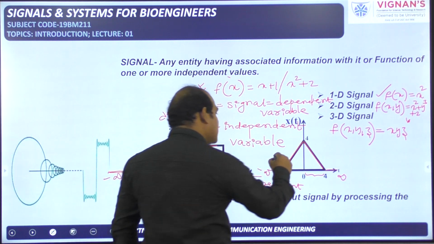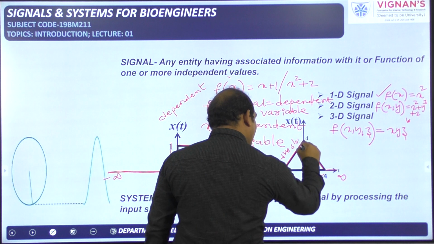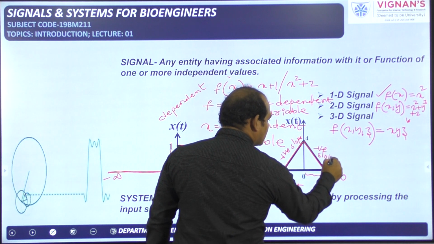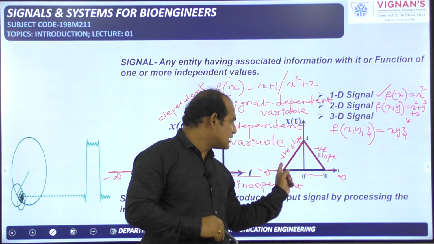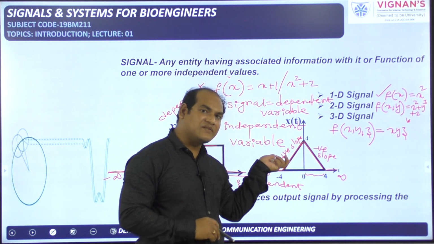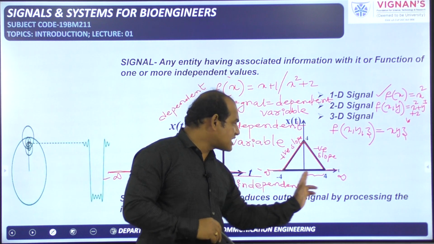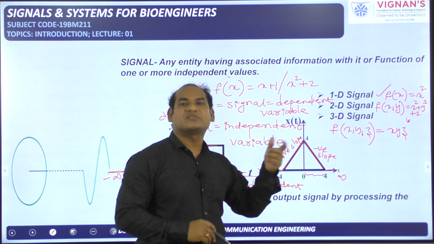So it is having positive slope, and it is having negative slope. Simple thing. When time is increasing from -4 to 0, the amplitude is increasing, that we can see from this one. So we can tell that is having the positive slope. If you calculate also, you will get positive slope only. As time is increasing from 0 to 4, the amplitude is decreasing, so it is having a negative slope.